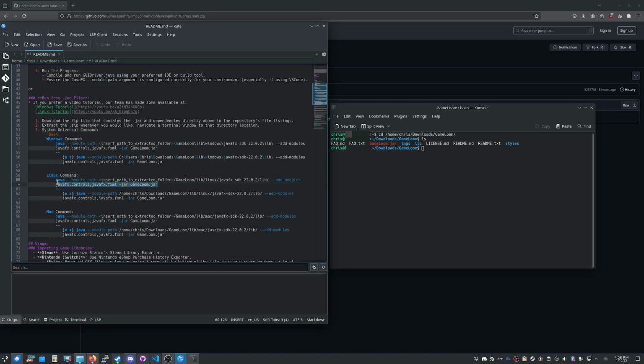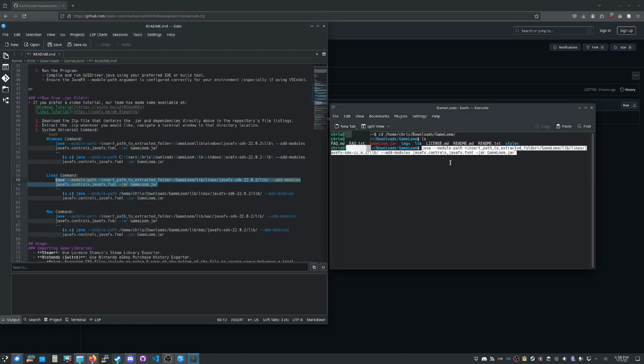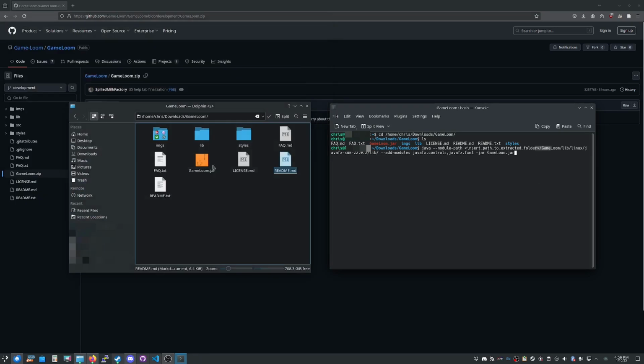So if we copy this whole thing, we go back in here and we paste it, Control-Shift-V, we'll notice that there's a placeholder right here in these diamonds, and that immediately after the placeholder starts with GameLoom. So what we're going to do is go back to our file system here. We're going to click on our path, and we don't need the GameLoom /, so we'll just get rid of it. And then we're just going to copy everything that ends with downloads, and we're going to use the arrows on our keyboard to navigate to where the diamonds start. And right about there, we'll backspace them out,